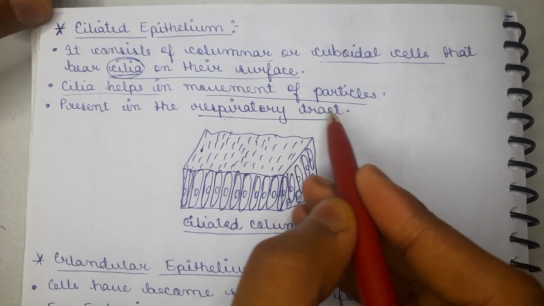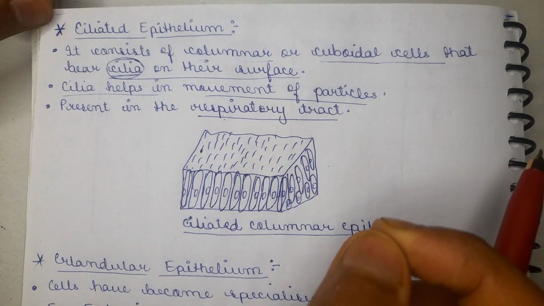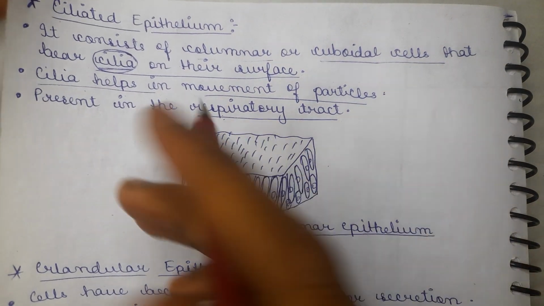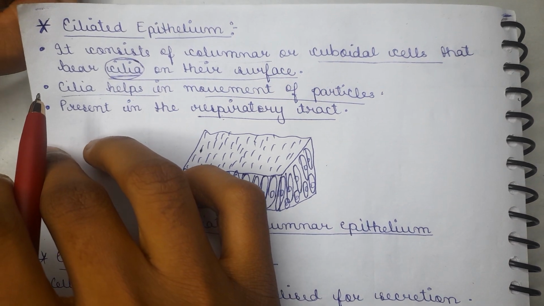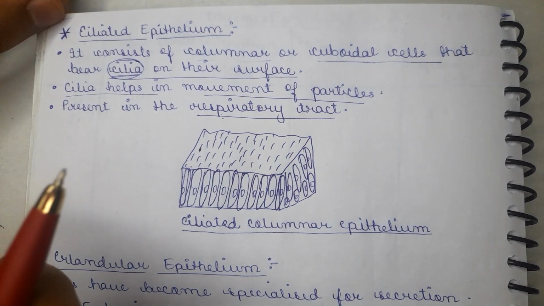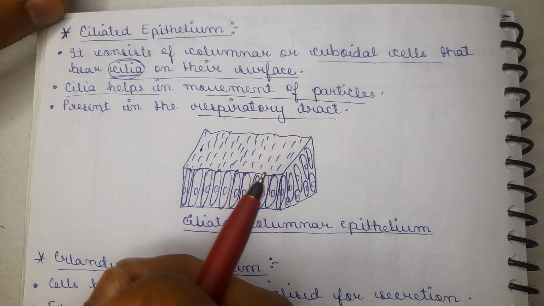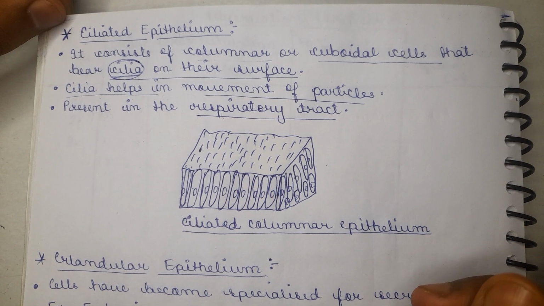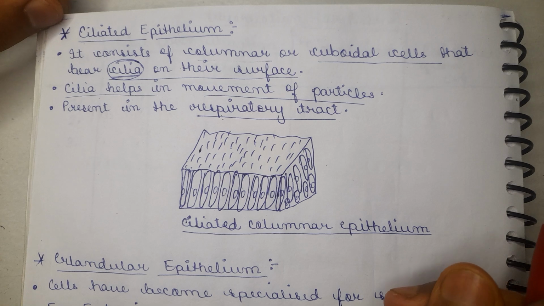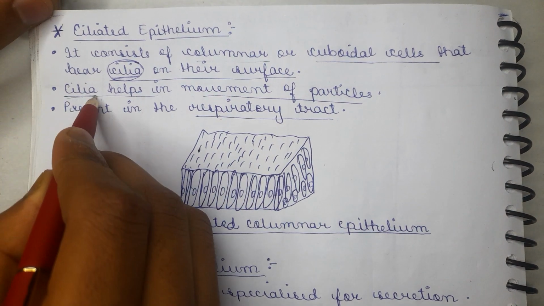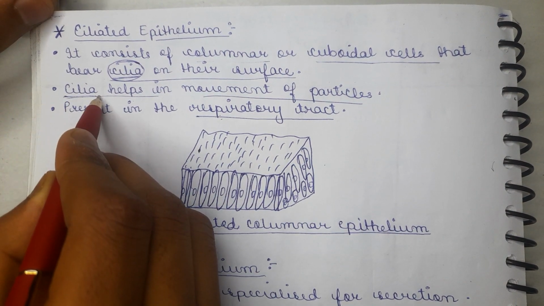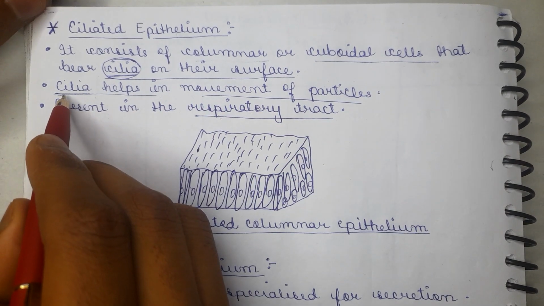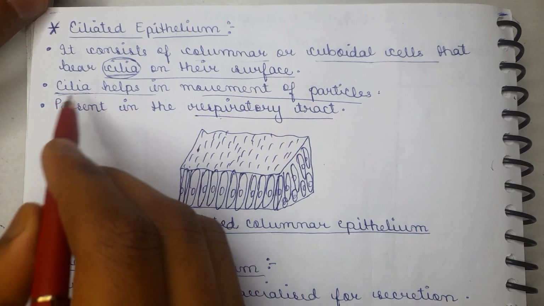Respiratory tract, like we can say from our nostril to the lungs. If you observe your face in the mirror, you will look at the nostril hole. You will find hair-like projections that are mainly for catching dust particles to stop them entering into your lungs. That's how the cilia work. Basically, this cilia helps in the movement of particles, but unwanted substances get attached to it and get removed by certain